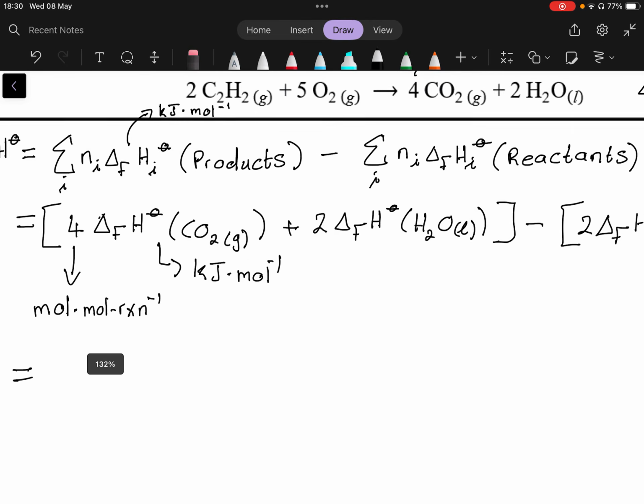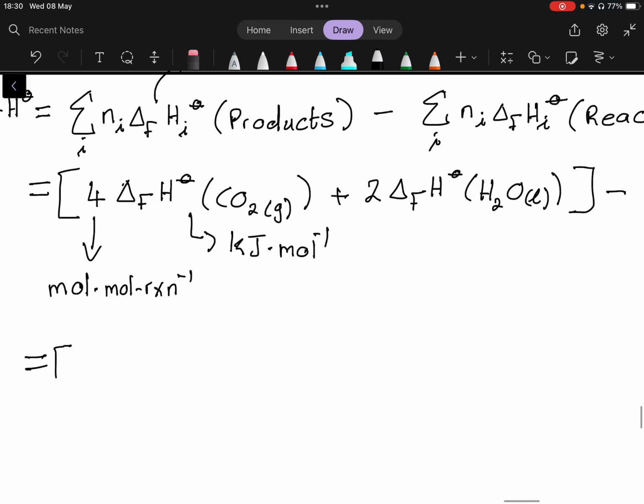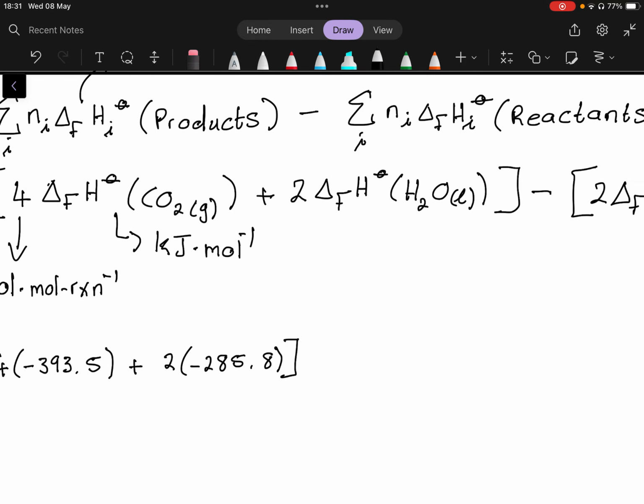So I'm just going to write the numbers here because otherwise this is going to take literally forever. So we first have 4 times that, CO2 is going to be minus 393.5. For water, it is 2 times minus 285.8. And remember, the phases are important. So you have to check for gas, you have to check for liquid, because there are going to be several entries for water and several for carbon dioxide. So this is then minus 2 times 226.7